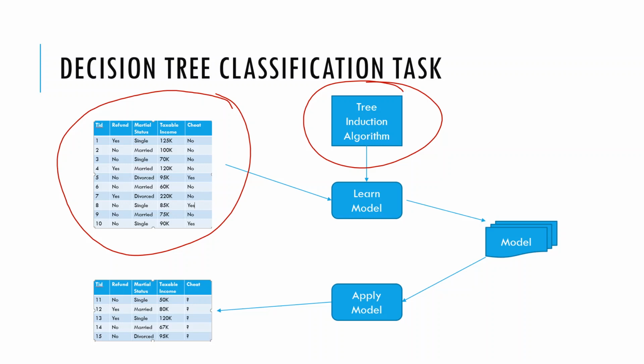Now what is the role of tree induction algorithm? So you have seen the decision tree, right? So there are some nodes at the top of the tree, there are some nodes under it, as its child of that particular node. Now how does the tree build up? How do we choose a node which is at the top, right? So that is all figured out by the tree induction algorithm.